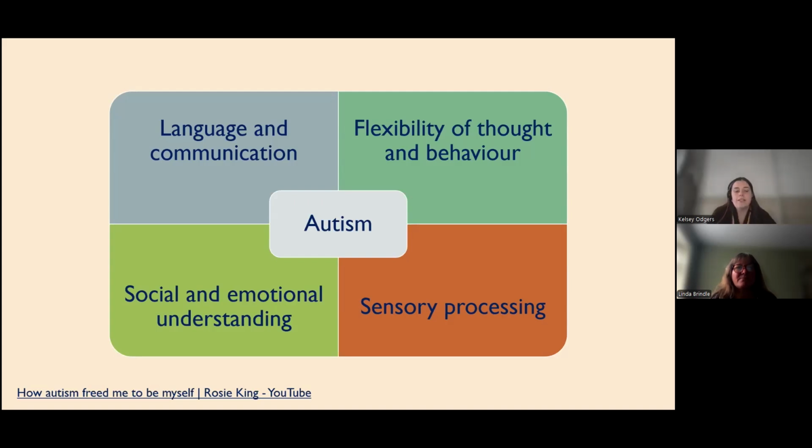So the first area is language and communication. This may include a delay in developing language for a child. It might be them speaking in a formal or an unusual way. They might repeat phrases they've heard on TV, which we call echolalia, or they might have difficulty understanding jokes and sarcasm, also in initiating and sustaining conversation, as well as picking up on verbal and non-verbal communication cues. So they might find it difficult to pick up when another person they're speaking to isn't interested in that topic anymore, or when it's time to let another person speak.